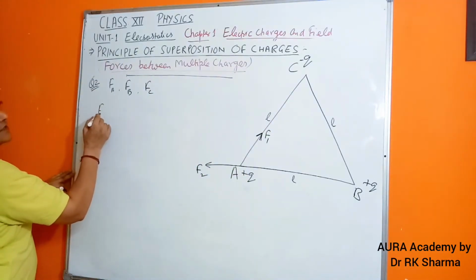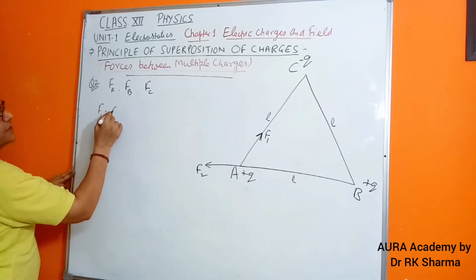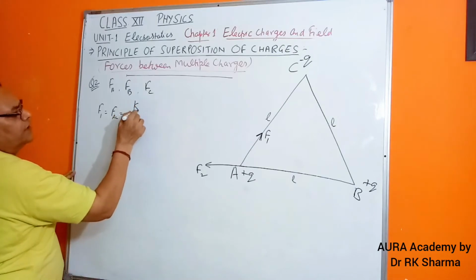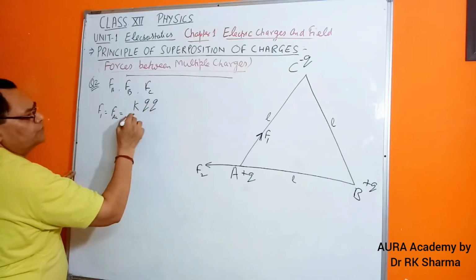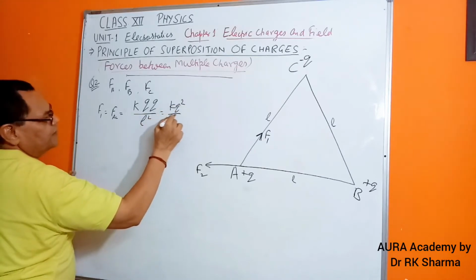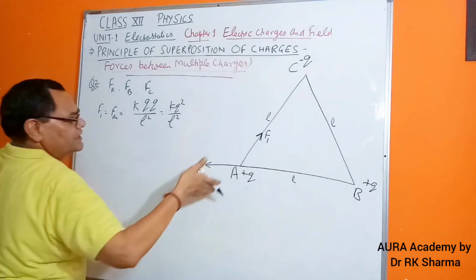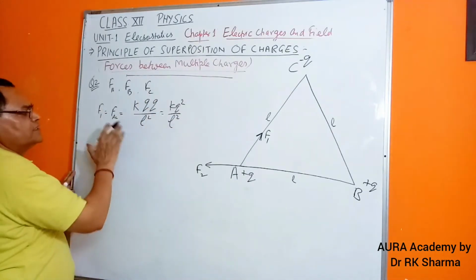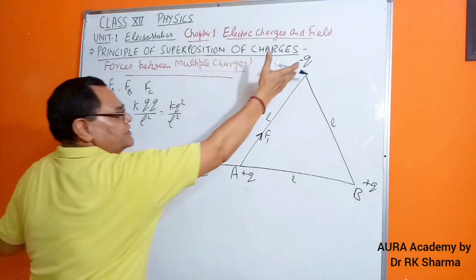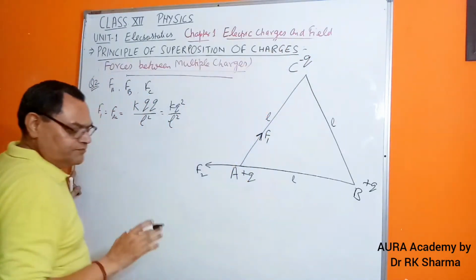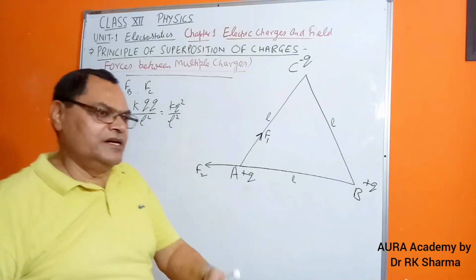So let us proceed. That is F1, which is nothing but indirectly FAC, equal to KQ upon R square, meaning L square. So simply it is KQ square upon L square, because this length is given and the charges are given, Q each. In numericals, whenever the quantity is a vector, we take only the magnitude of the charges, so this minus sign will not come. Please remember this important fundamental.